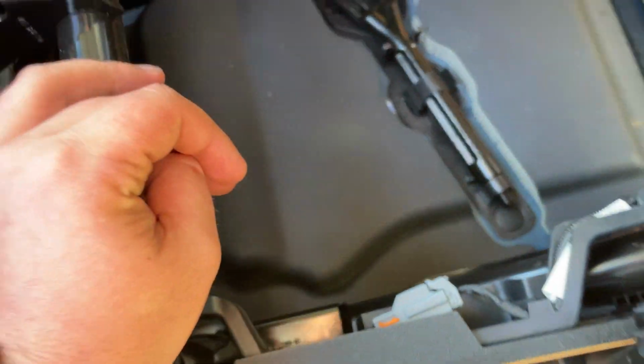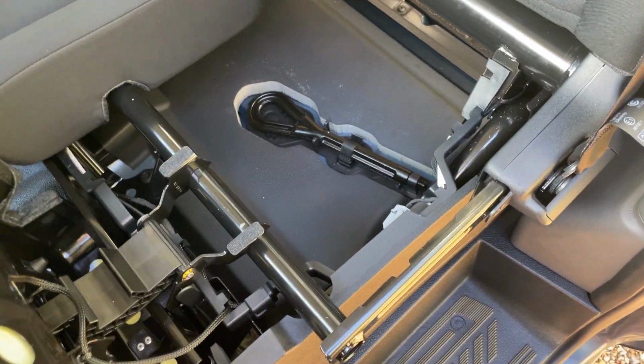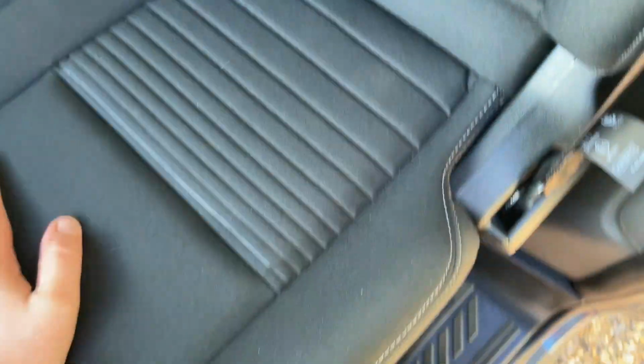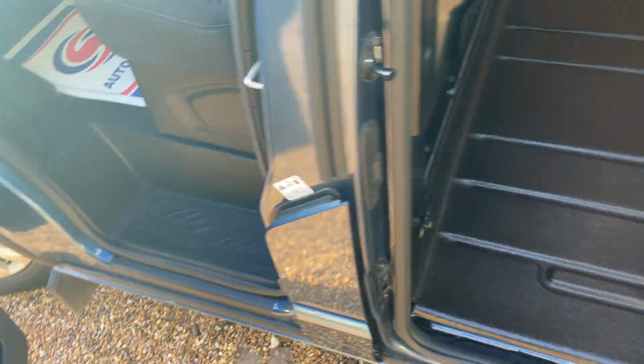So this is, obviously, you've got a towing eye there at the moment. I like to consider this a nice little cubby hole to keep anything valuable out of any prying eyes. So it's a nice little storage area which is kept out of the way, so you can keep all your valuables nice and safe. Or alternatively, if you did need a bit of a longer load space, it gives you a bit more length